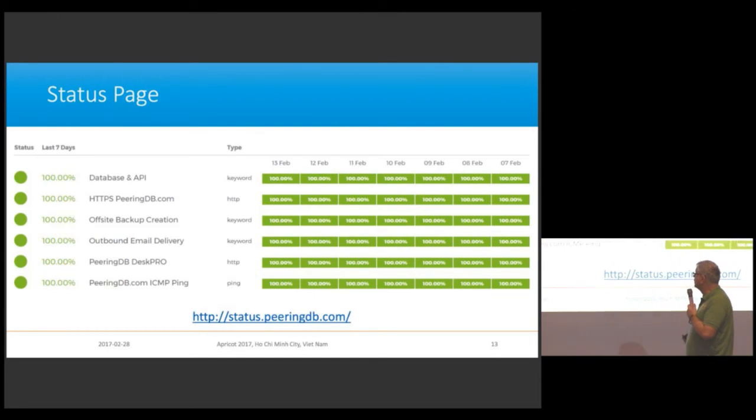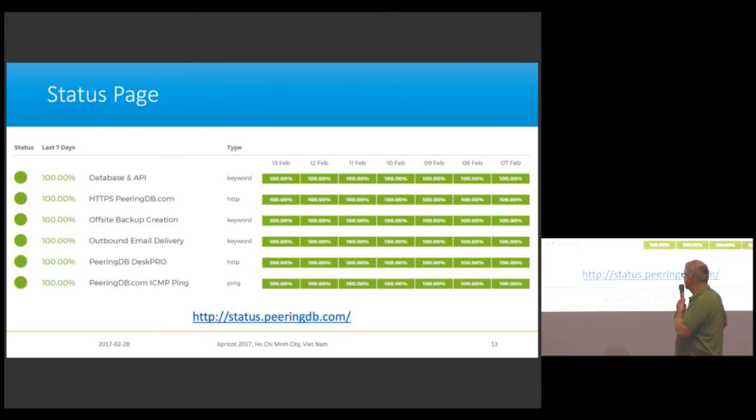You see here the healthiness of the database, the HTTP, the website itself. Then we do a backup every 15 minutes, as far as I know.